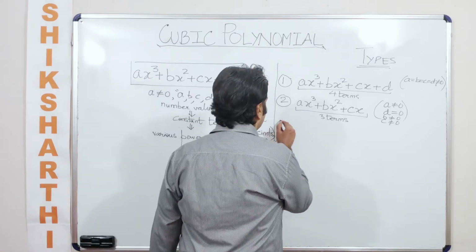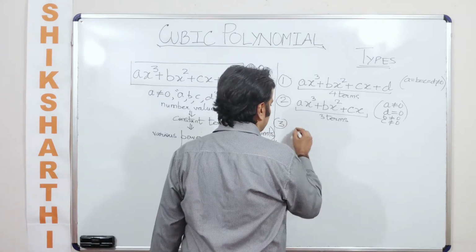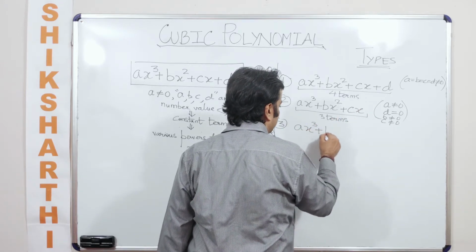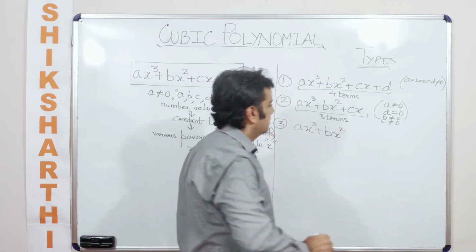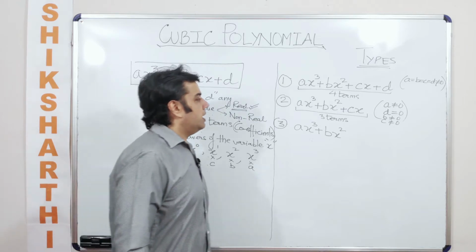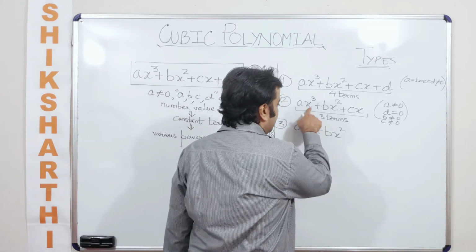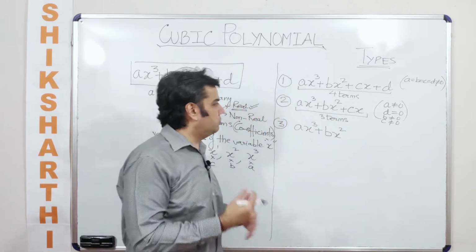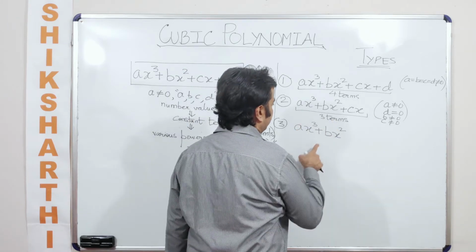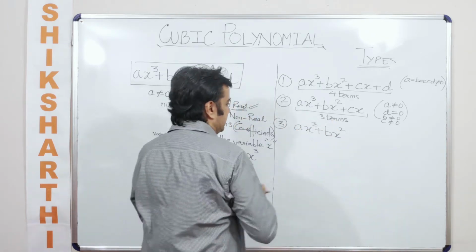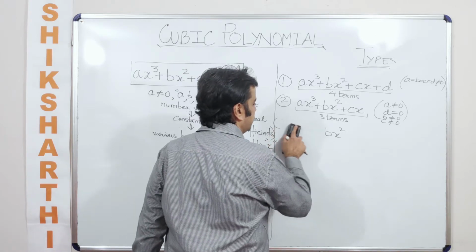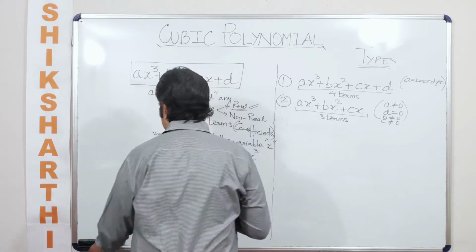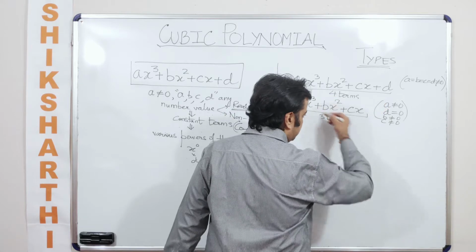Okay. Third case, now if I want to have 2 terms, one is keep on eliminating. So this is the basic one that I can get from here. So let's say ax cube plus bx square, right? But before I go ahead, is this the only way in which I can get 3 terms? Let's check it out. So can I not have a cubic polynomial? So for example, let me first complete the discussion for all types of cubic polynomials of a single variable x, which gives us 3 terms. So this is one such format in which this is the basic condition.